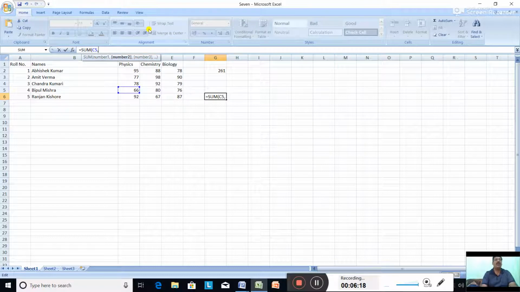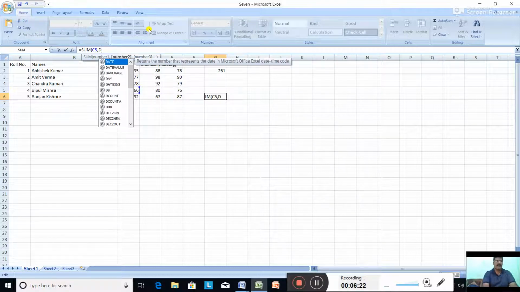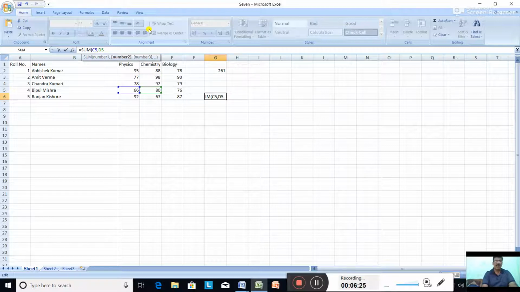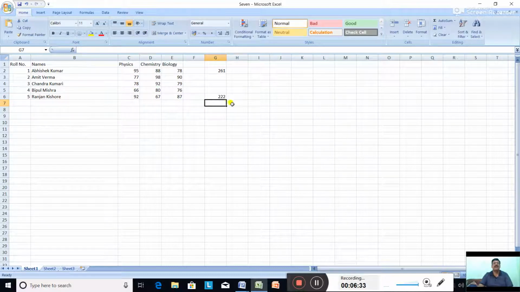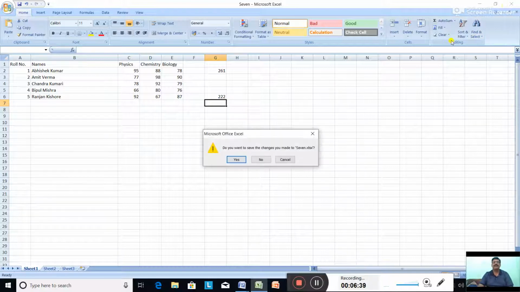We can give the comma, D5, comma, E5. Close, press the enter key. Now see, the sum comes to 222.